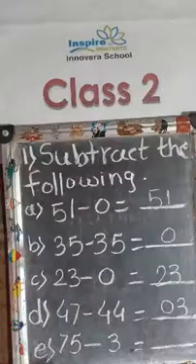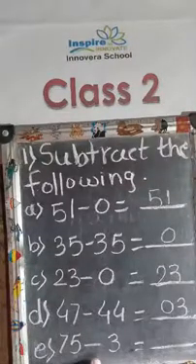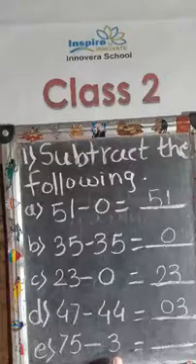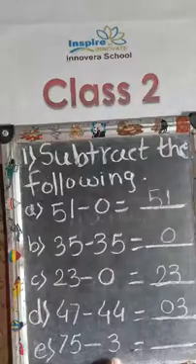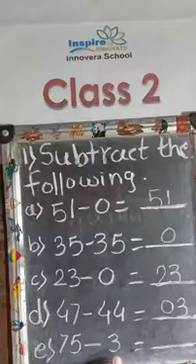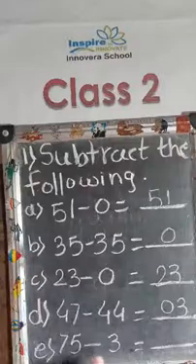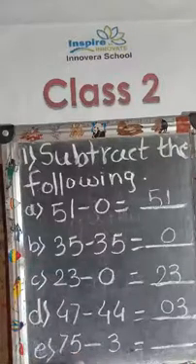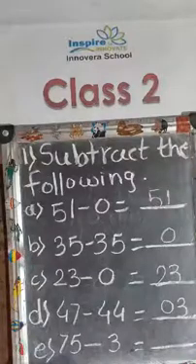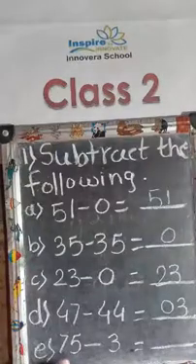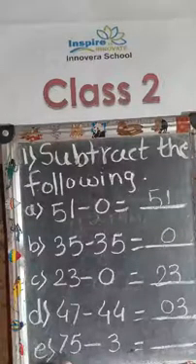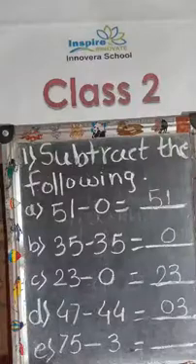We'll go to the next sum now. 75 minus 3. Here is only a one-digit number. In the next number we have got only a one-digit number. So where are we supposed to write this number? We are supposed to write this number in the ones column, below the 5. Okay, below the 5 you are going to write. 75 is a 2-digit number.